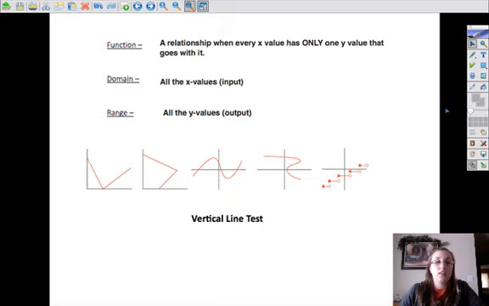We said that a function is when every x value has only one y value that goes with it. And then we talked about how the x values are called the domain and the y values are called the range. So we used the vertical line test to help us out, and that just means that if a vertical line crosses it more than once, it's not a function. So we can see that this is not a function, this is not a function, and the rest of these